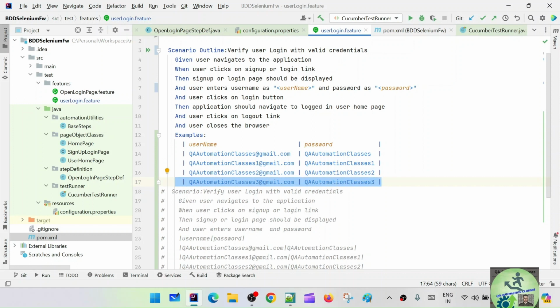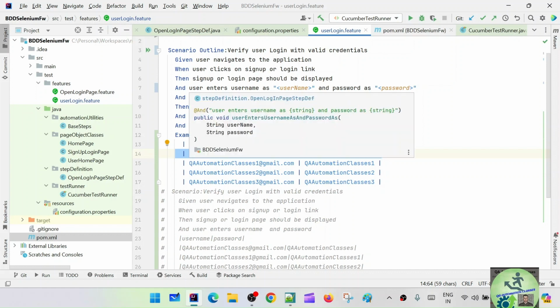Out of all these sets of data, only the first set is the valid data, and here the test case should pass and run from end to end. In the other cases the login itself should fail. So when login fails, we can add failure conditions there. Till now we are not using the assert, and also it will not fail. So let's see